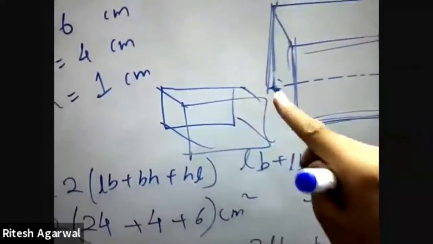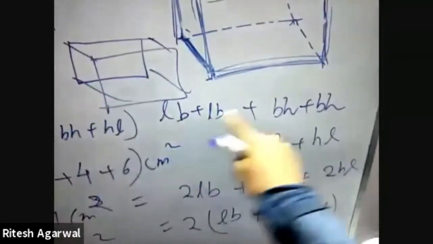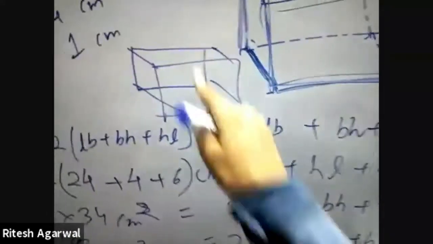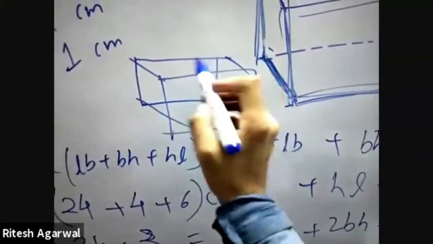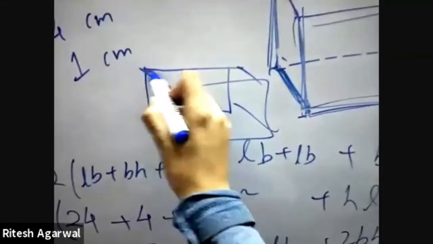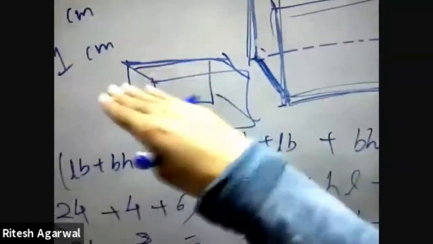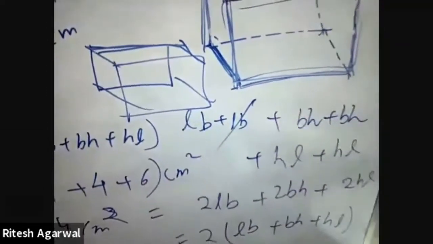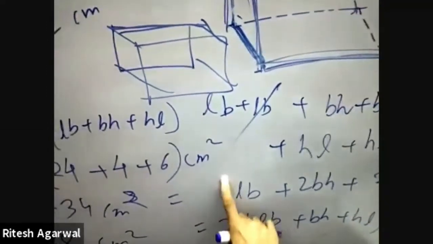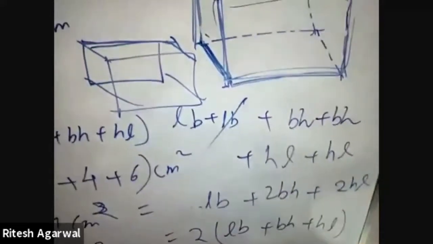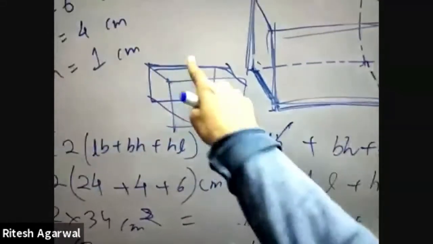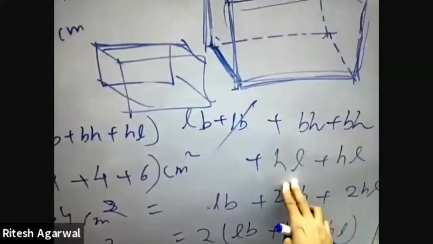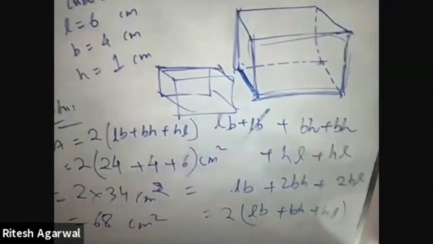Now, in this case, if you have to find the total surface area, you cannot take all the 6 surfaces. You can take the remaining 5 except the top one. The top area, as I had told you, is length into breadth. So you will exclude this part. So your answer will be LB plus 2BH plus 2HL. You cannot use the earlier formula. You will say LB, length into breadth, which means the bottom part, plus 2BH plus 2HL. I hope I am clear.